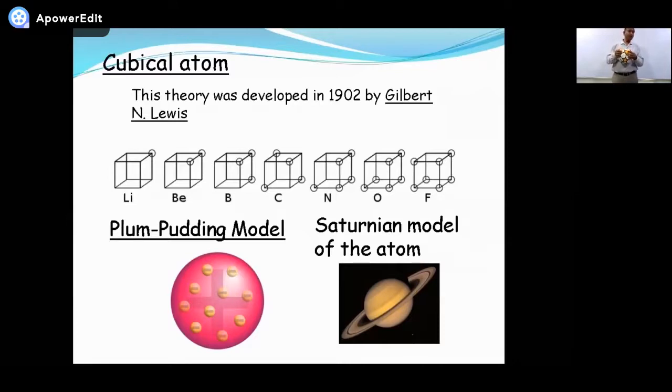I repeat, what was the concept put forward by Sir J.J. Thomson in his plum pudding model? If you search the net, you can find its picture as you can see over here. The plums are embedded like on a cake. In the same way, the whole atom is positively charged and electrons are embedded in it. Okay? Now to test